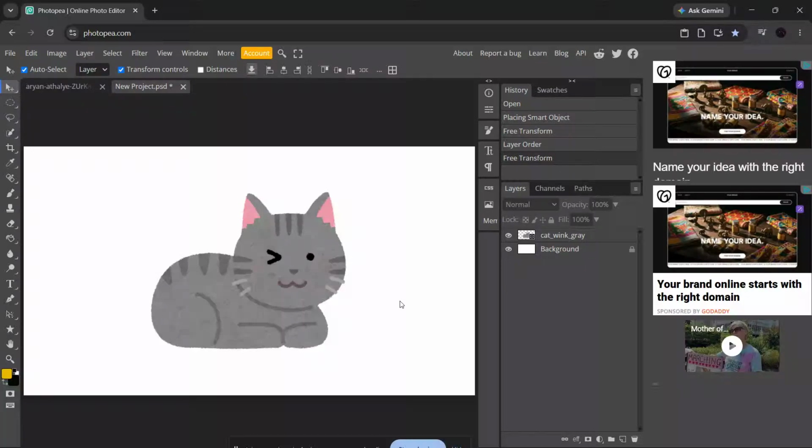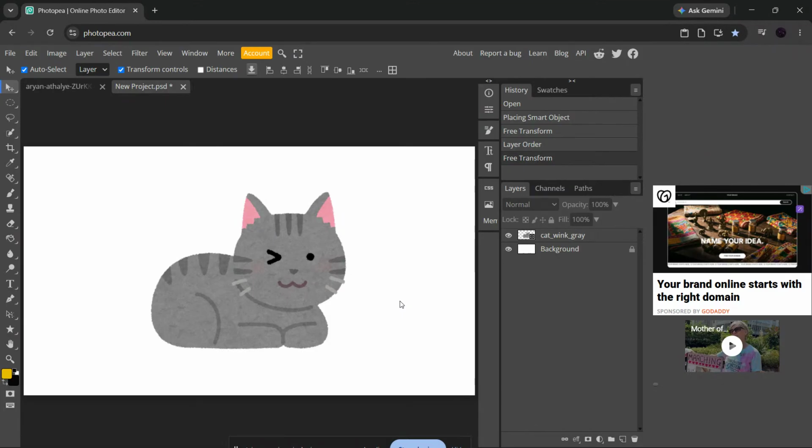If you want to learn how to rotate a photo in Photopea, you're in the right place. In this quick tutorial, I'll show you 2 easy ways to do it. First, I'll show you how to rotate a single layer like a photo, shape, or text box. Then I'll show you how to rotate the entire canvas or image if you want to change the direction of the whole document. This is a simple but very useful skill, and once you know it, editing in Photopea becomes